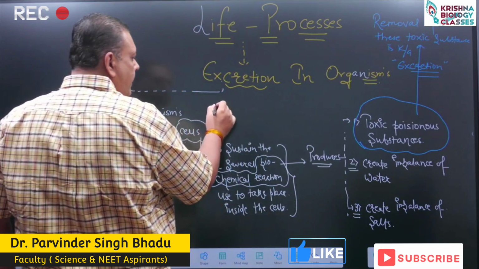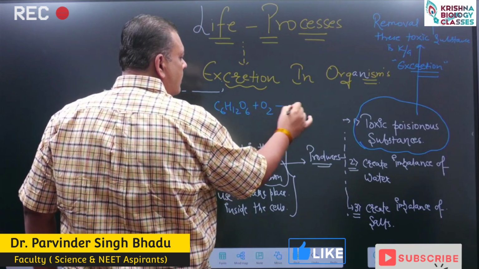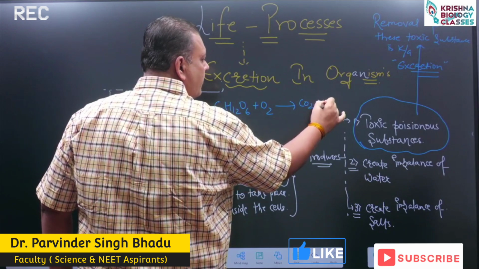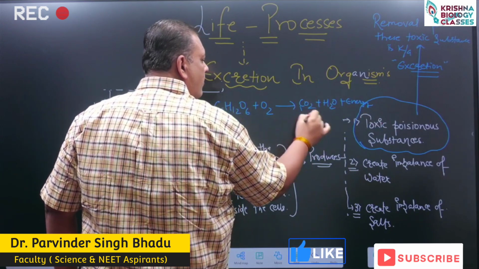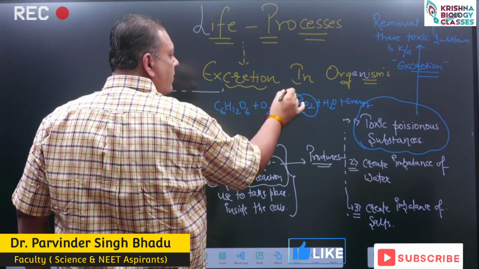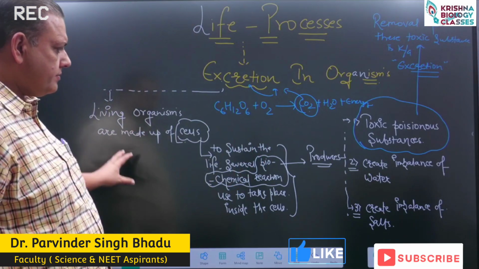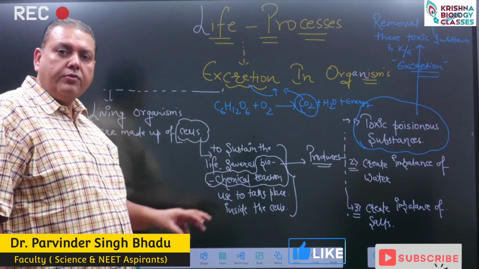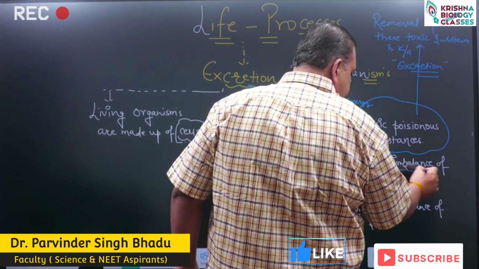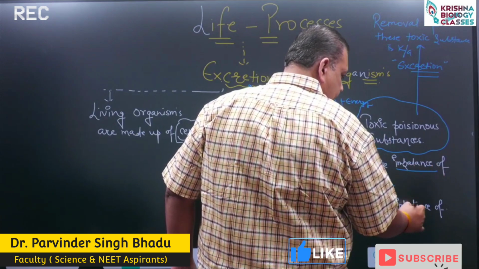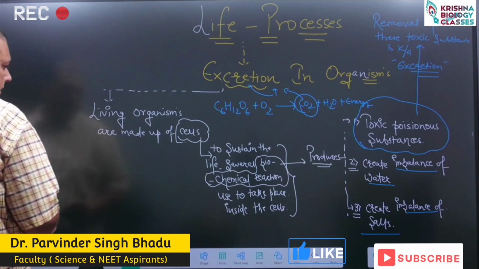The best example: even during the oxidation of food, carbon dioxide is formed, and removal of this carbon dioxide from our body is also termed as excretion. At the same time, during these chemical reactions inside the cells, there will be an imbalance of water and an imbalance of salt. So, another important